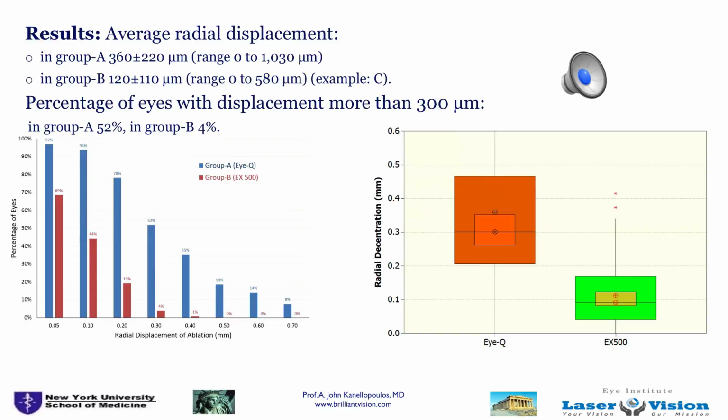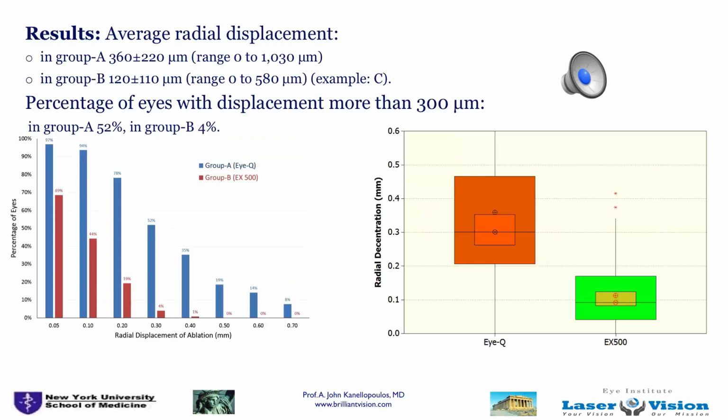Blue is the IQ laser, red is the EX500 laser, 200 microns is next, 300 microns after that, and essentially the other bars have really no data from the EX500 laser, just data from the 400 IQ laser. I think very nicely illustrating the significant differences in the amount of actual displacement of the ablation